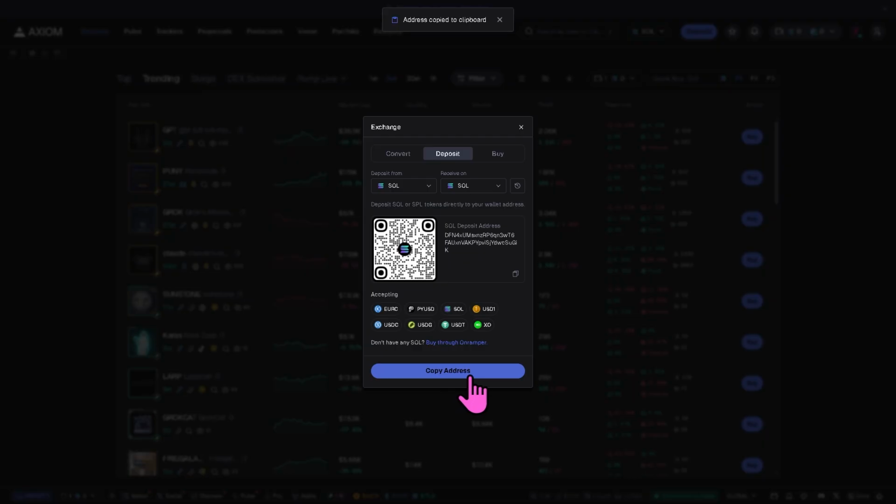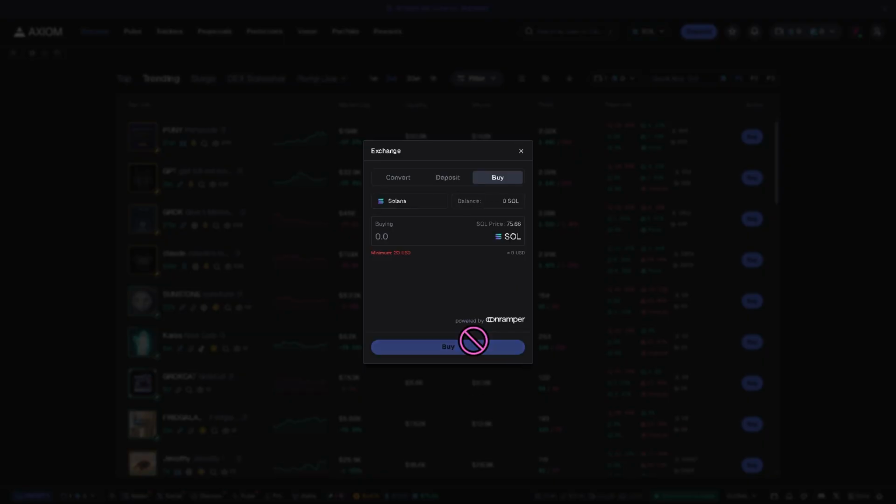And what will happen is you want to make sure to also check the buy through on Ramper. This is going to be one of the integrated payment providers. And you need to provide the amount that you wanted to buy. For example, let's say we're going to choose this one. It will automatically forward you the equivalent to US dollars or your base currency. And once you are sure about the amount, all I have to do now is click the buy and you